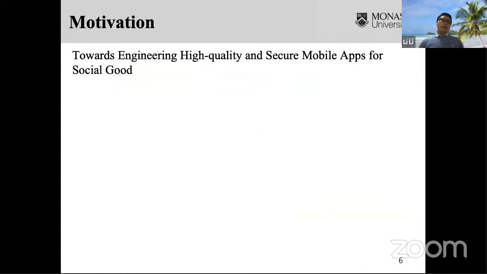The title of the talk I want to share today is Towards Engineering High Quality and Secure Mobile Apps for Social Good. Let me first start to explain some of the keywords in the title.